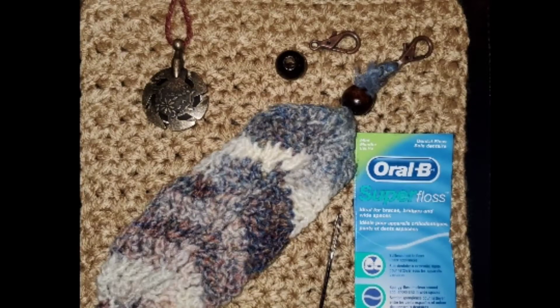For this project, we will be using appropriate yarn to go with whatever project you want to put this on. I have chosen Cookie Yarn by Jarbo, found at Hobbii. You'll need some super floss made by Oral-B. You'll need a yarn needle,